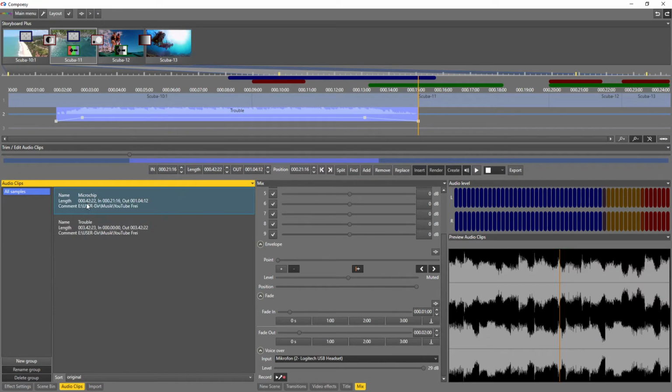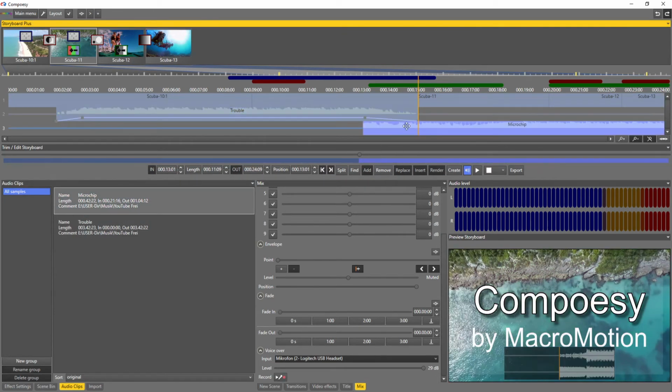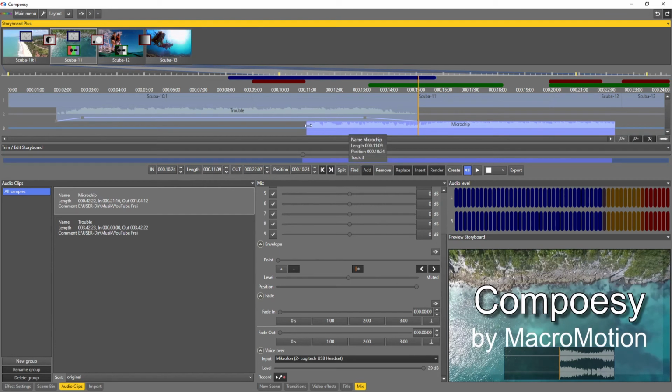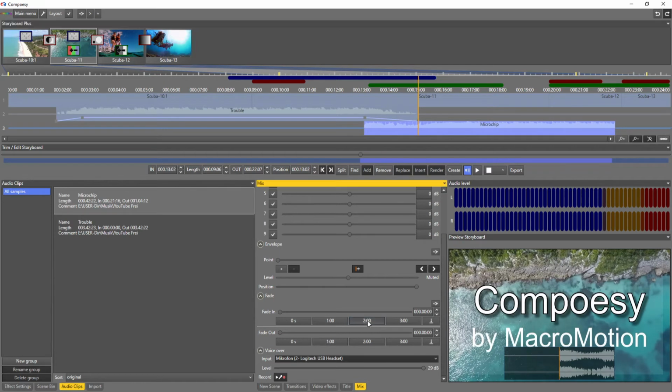Now let's use another sound. Once positioned, we can drag around the audio part, or we can trim the first or the last part. Just drag to the desired position. Now the front is trimmed, and also here a 2-second fade in will give a smooth transition.